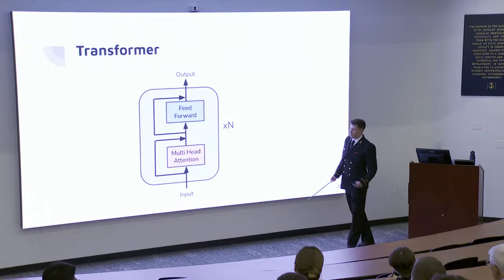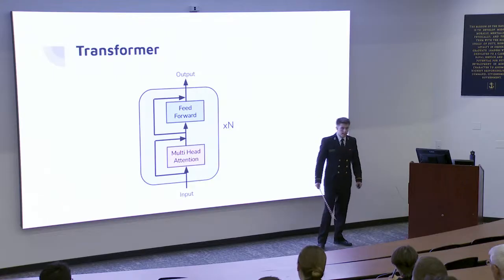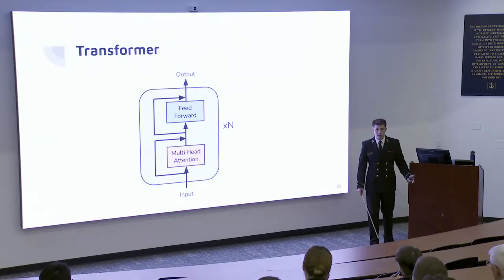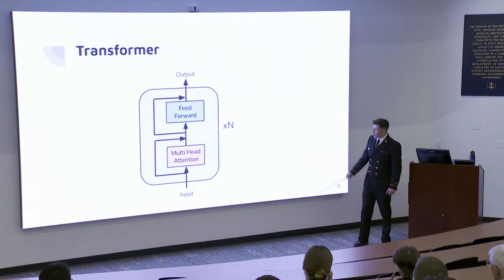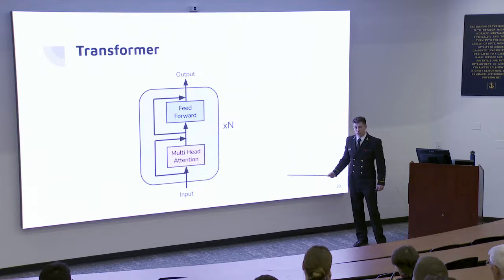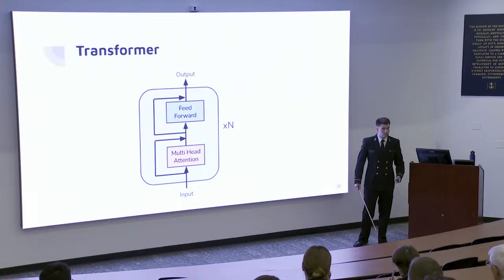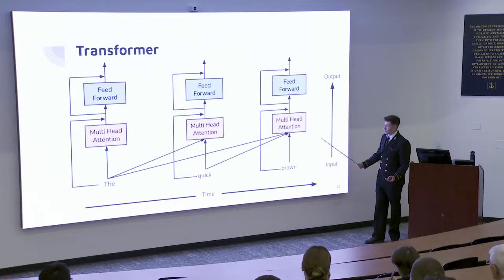Multi-head attention is a very common mechanism used in the current state-of-the-art architecture, the transformer model. This is the architecture behind ChatGPT, Google Gemini, Anthropic's Claude, and essentially every single major large language model. It incorporates alternating layers of multi-head attention with feed-forward neural networks. That was the first architecture I presented to you.